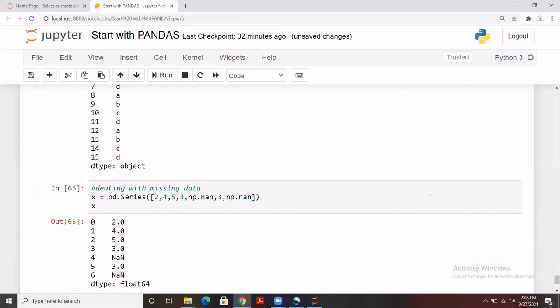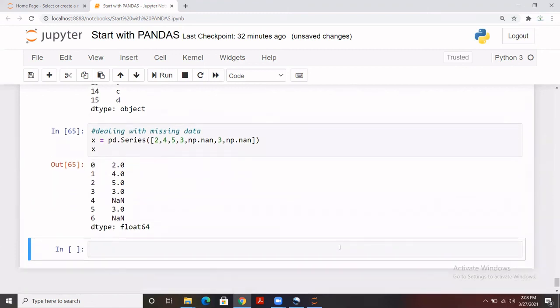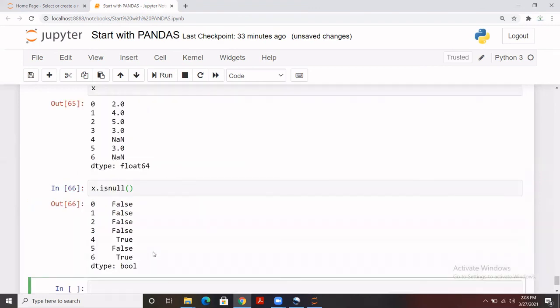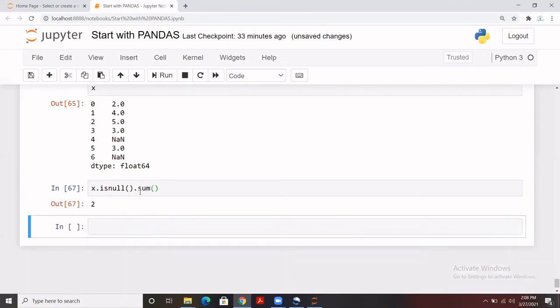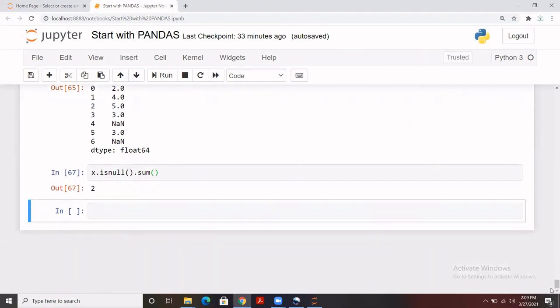In case we need to check whether we have missing records or not, yes, we can apply a function, which is x dot isnull. isnull gives you the output in the form of true and false. In case you want to count the total number of missing records, yes, we can do that as well. I have applied a function, and it gives you the total count of the missing records that we have in x, and we see that there are two missing records in it. We can use isnull, and we can use notnull as well. notnull is the opposite of isnull. Whatever is not null, it will give you that output, right?